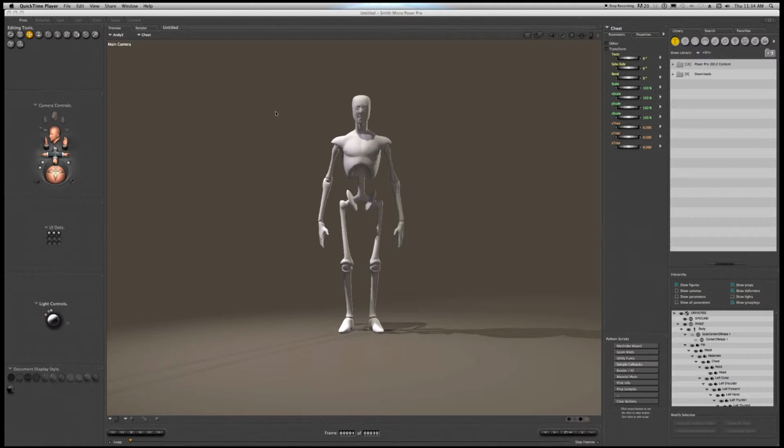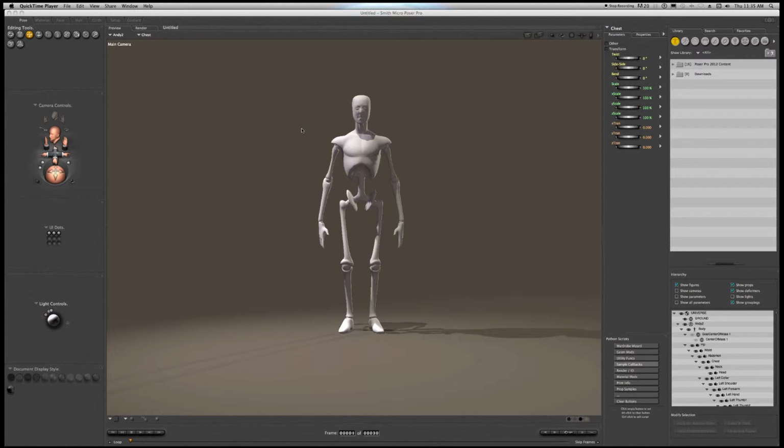So Poser should be looked at as a viable application to increase the speed of your pipeline or your project, so you don't have to make human figures from scratch unnecessarily. You can bring Poser characters into ZBrush. You can bring them into applications that allow you to texture, and there's a lot that you can do with Poser. So the first thing we're going to do is quickly go over the interface,